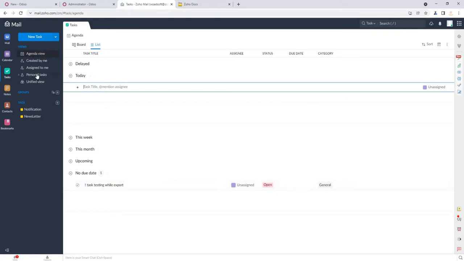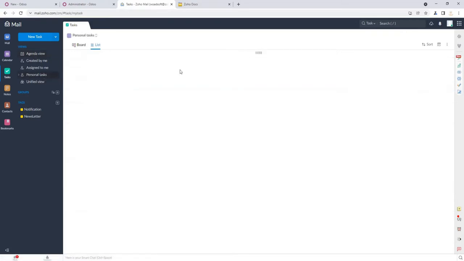You can view it also from the personal tasks. Okay, so you can see the task as well. Okay, so as you can see, the export operation is successfully executed.